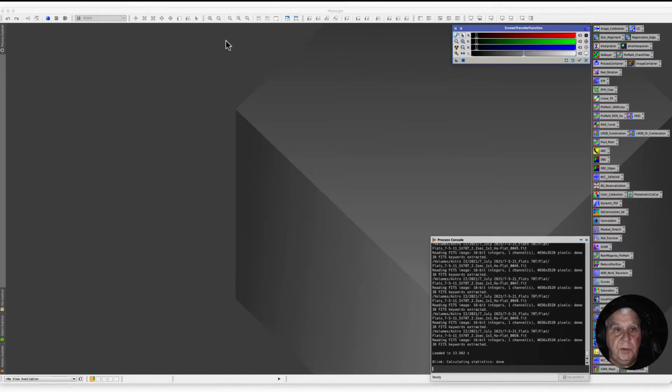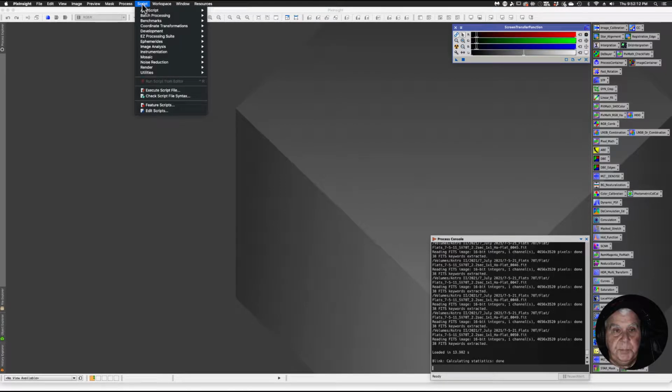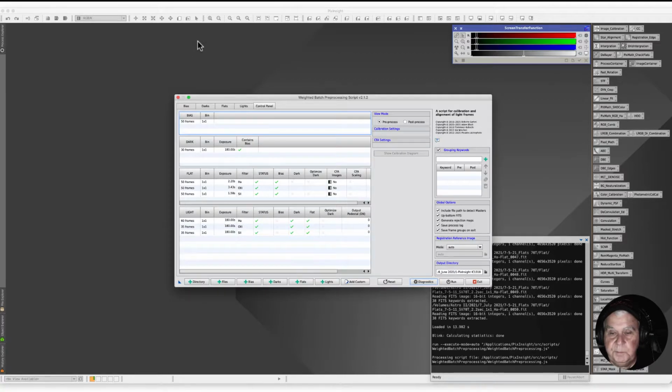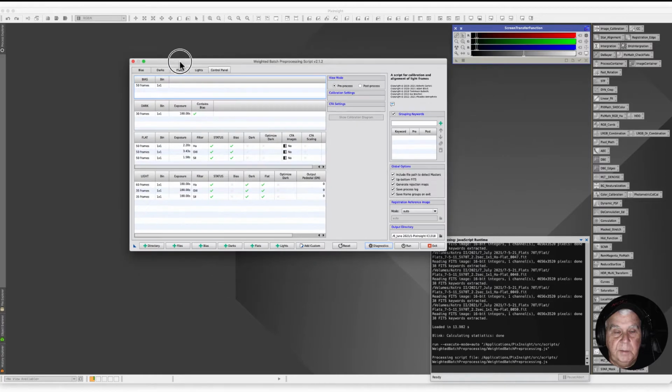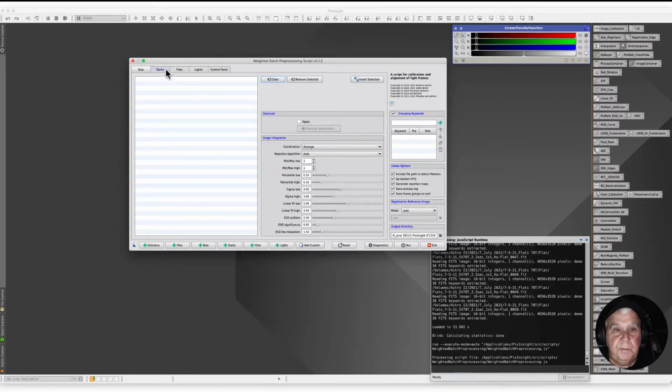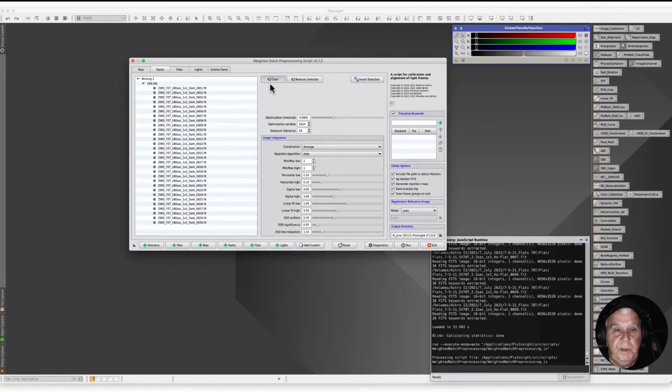But let's go through the weighted batch processing script, and to do that, let's go up to script and select batch processing, and then at the bottom of my box is the weighted batch processing system. It brings up the last video,